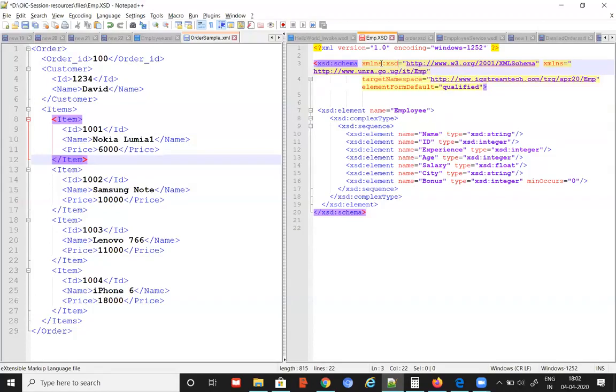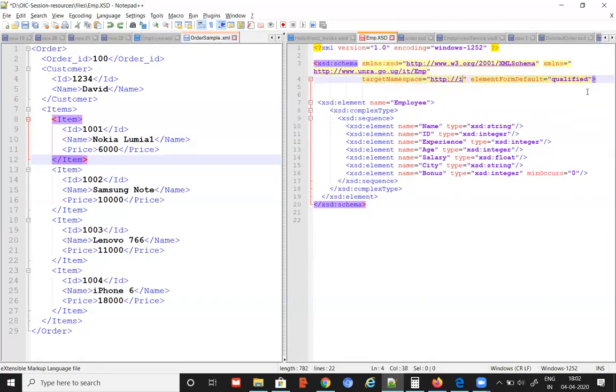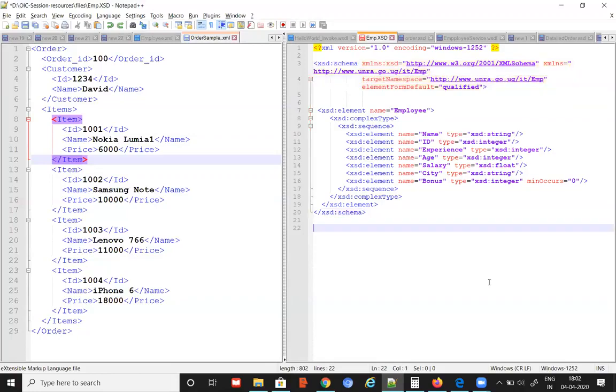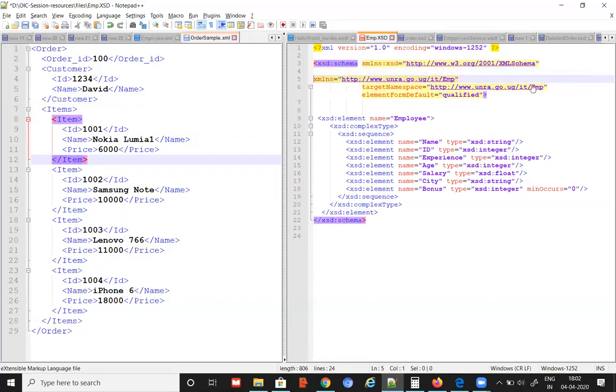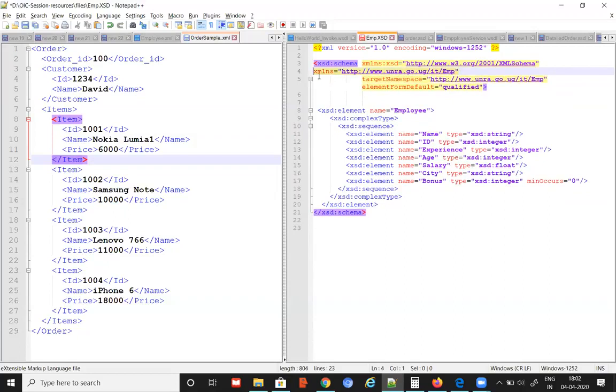Okay, now before I change this one, what was the target namespace? Like this, correct? This was the target namespace. Now you've seen one more thing here. What is that? It is having one more xmlns property. Don't get bored, please. I'll finish this fast because this is not really that critical, but we need to just know. So you can ask questions. I will give time in another 5 minutes.